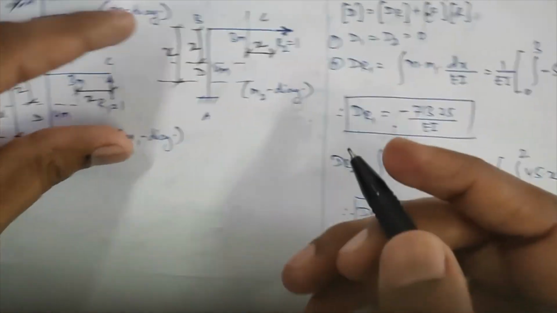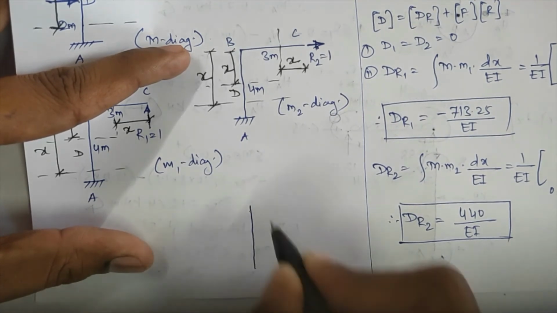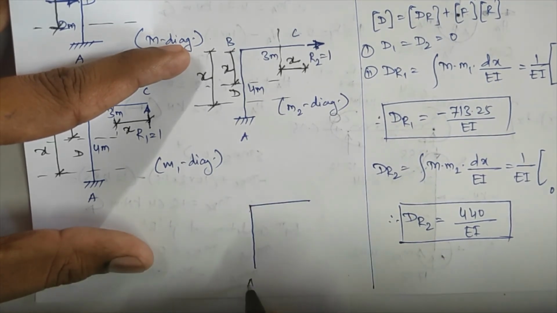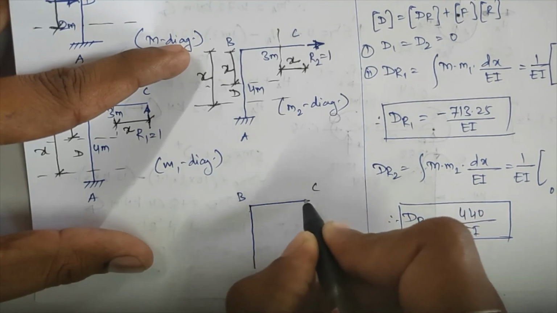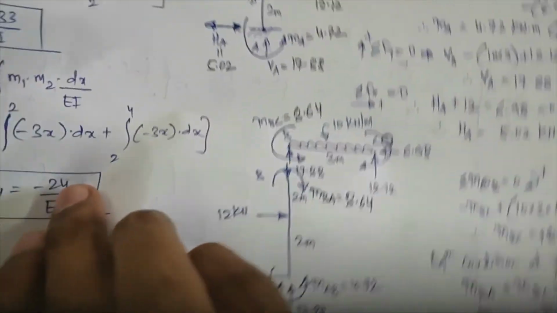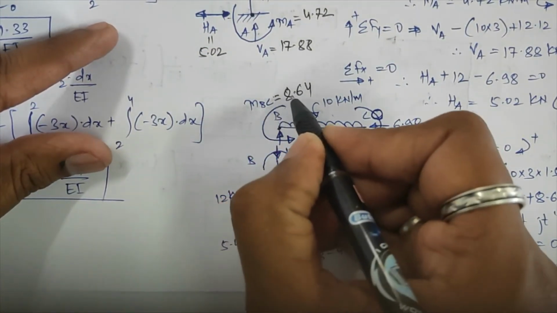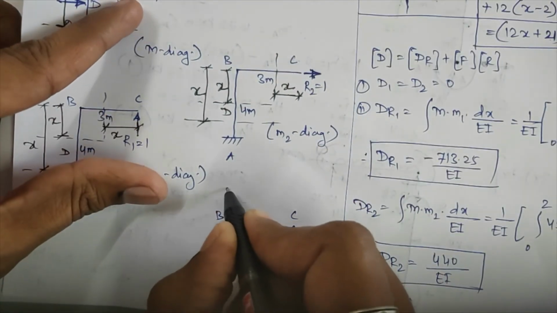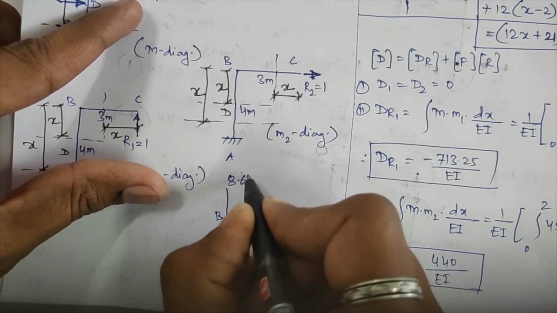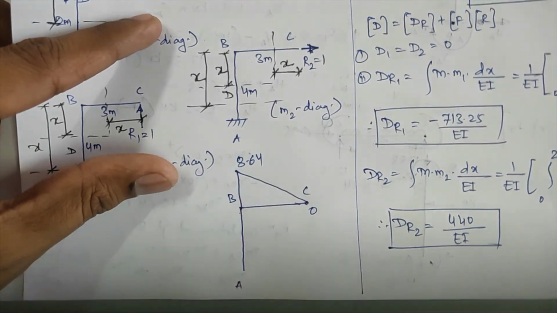Okay, here I'll plot. I'm not having more space over there. Joint A, B and C. Here moment I am having equal to 0 over there. Now see, here whatever moment I am having, that is anti-clockwise in nature. That means BC I am getting minus 8.64. Negative it is, so it will be plotted on upward side of this. That is 8.64. Okay, what you do? You join these 2 points by a straight line.